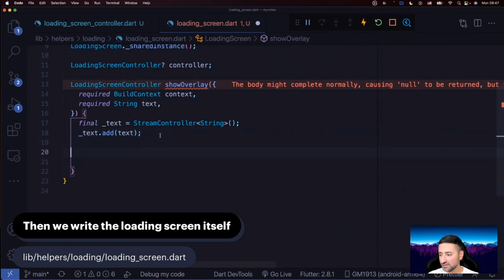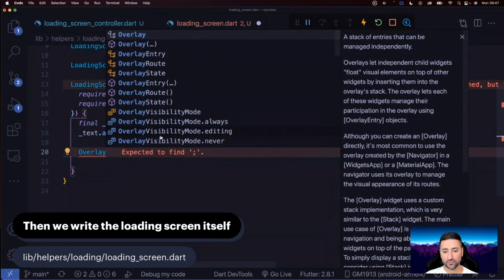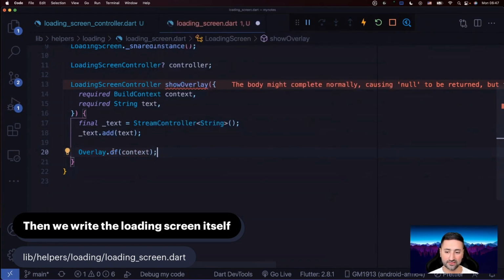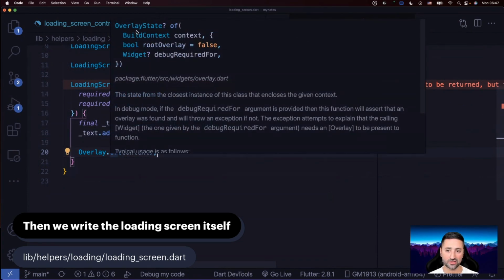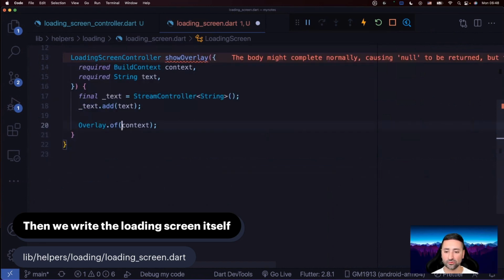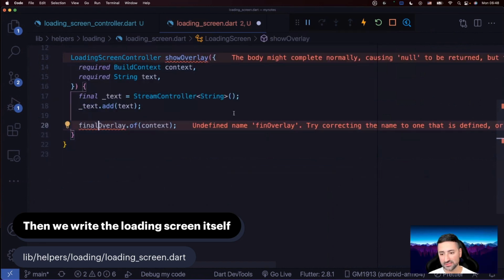So what we need to do is basically use a new function that we haven't used before, which is called overlay of context. So if you look at the return of this, it will return something called an overlay state. And it says the state from the closest instance of this class that encloses the given context. So we need this state in order to be able to display our overlay. So let's just grab this overlay of context and put it inside a state like this. And then what we're going to do is